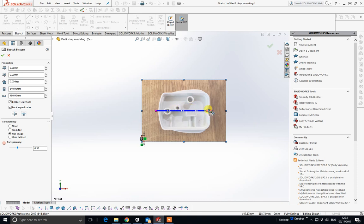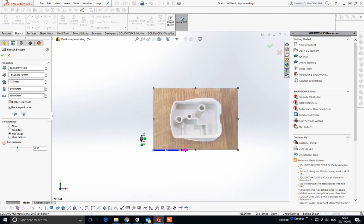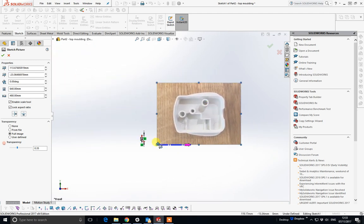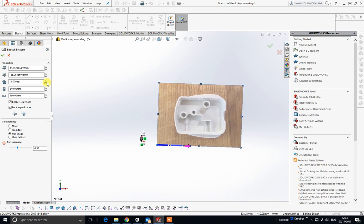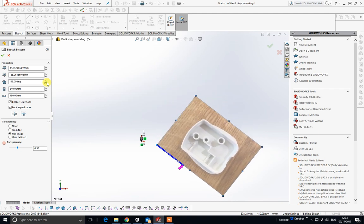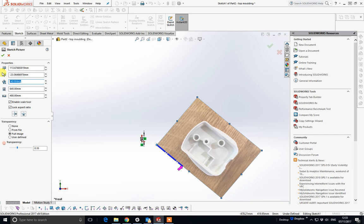This line here is for me to actually scale with, and I can pick up the points and move that line about. I'm going to pick up that point and stick it down the bottom there in that UCS, but I need to rotate this around. I picked it up, which I don't really want to do. I just want to rotate it around first. So just go on that one there, let's go the other way, and round it comes. I can, of course, just type in minus 90 degrees,